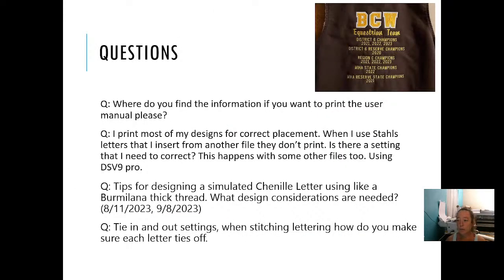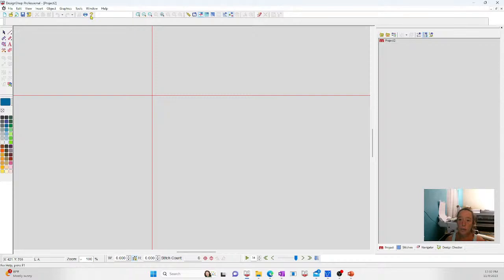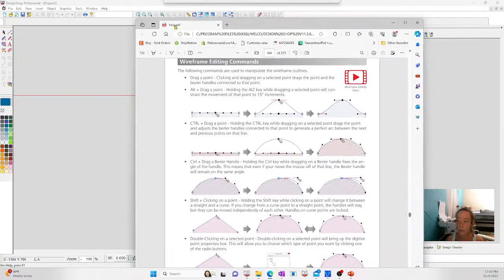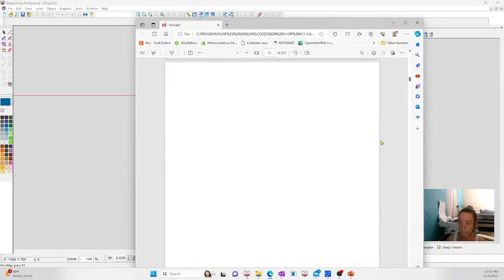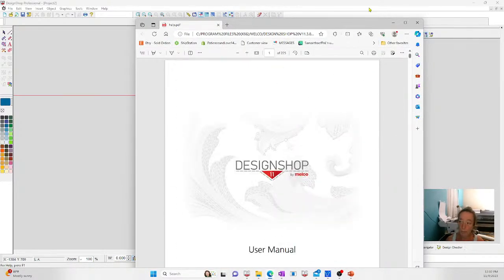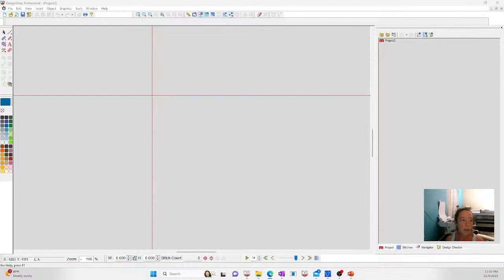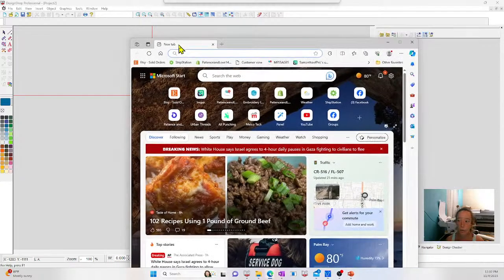So where do you find information if you want to print the manual? You've got a few options for that. Over here, if you click on the question mark button, it will actually open the manual for you, and you can print that. So that's one option. Another would be to go to